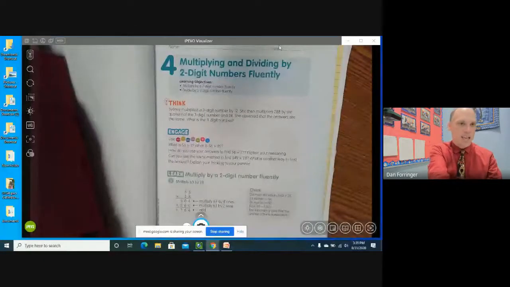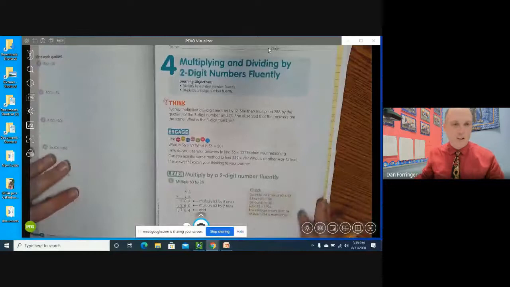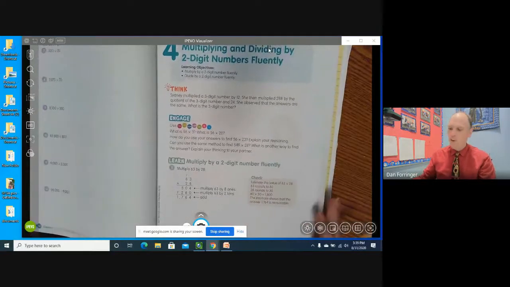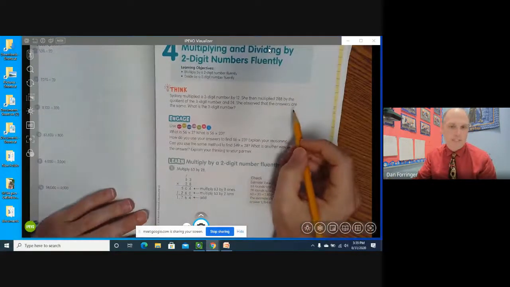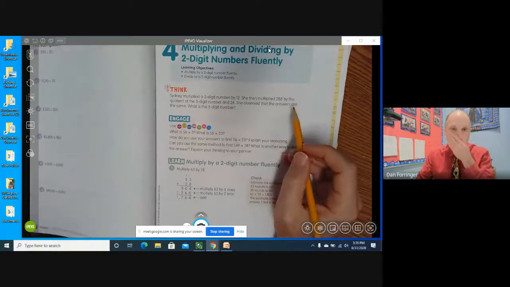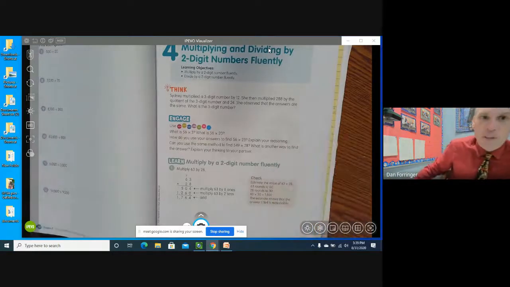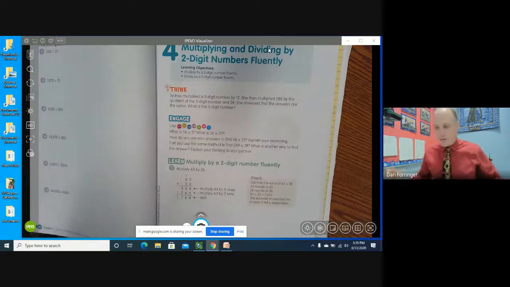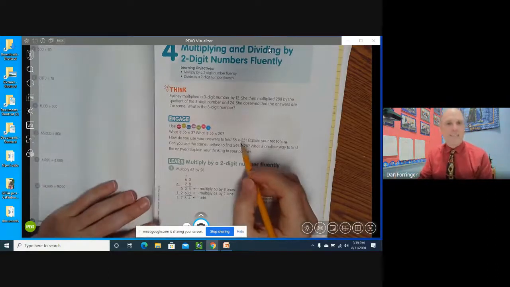And we're going to look at lesson 4 and talk about what it is you need to know from this lesson. So we're going to skip the think for today. The think problem is a clever problem. You can try it for fun if you would like, but I'm going to focus on the skills, starting with